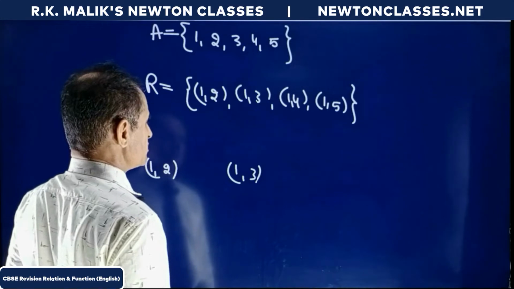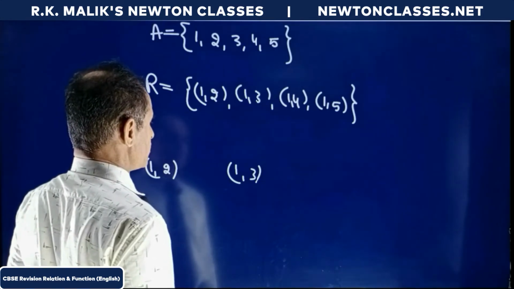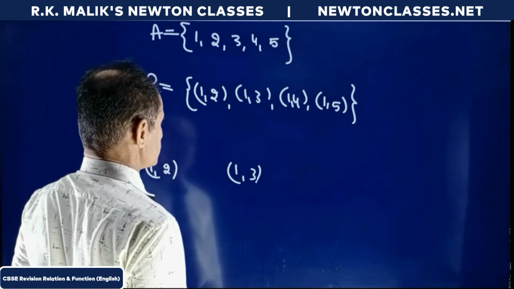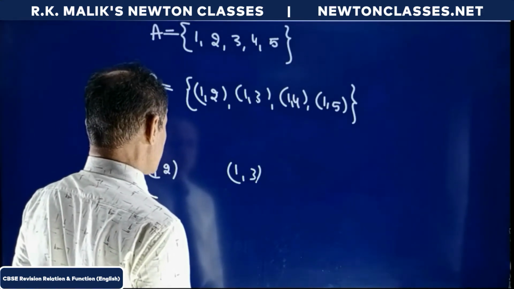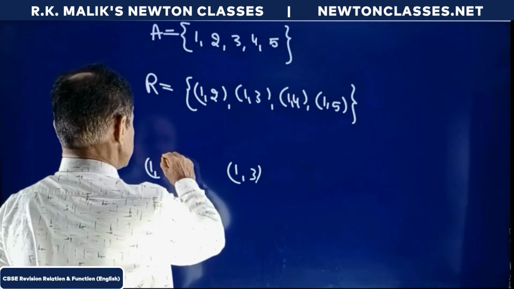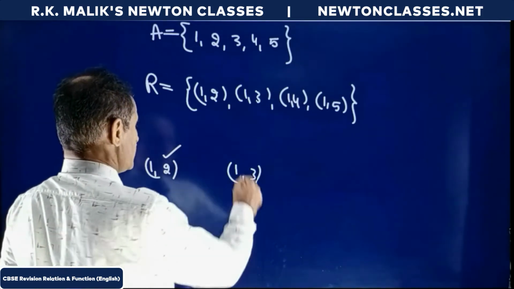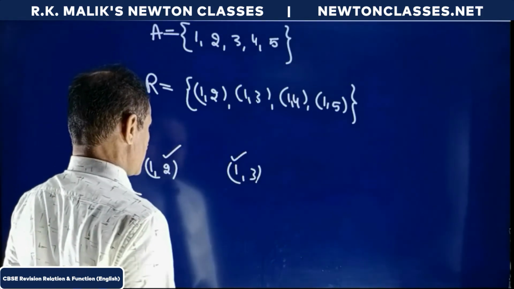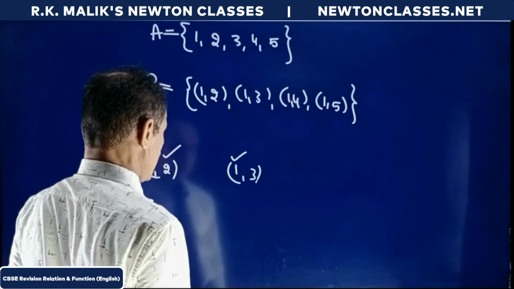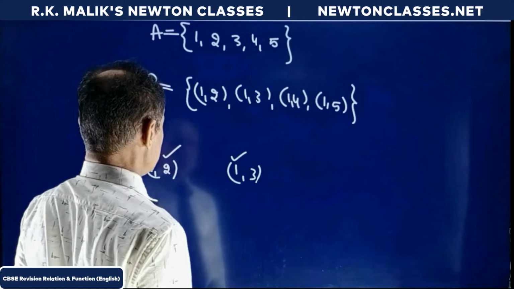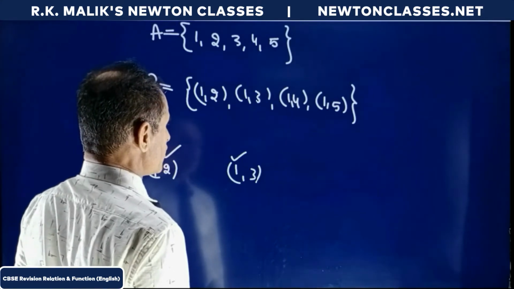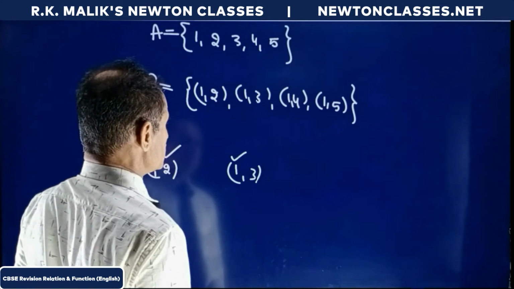For checking whether the condition of transitive relation is being satisfied or not, we require two such ordered pairs for which the second element of one and the first element of the second should be the same. And because this is not satisfied for any two ordered pairs in R,